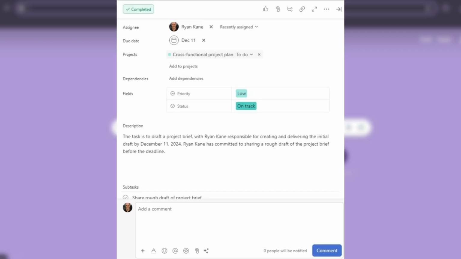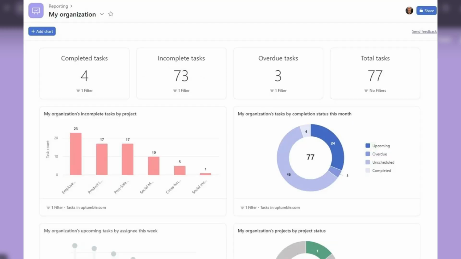Asana gives you all the same customization tools as Trello: views, filters, and card fields. But you can add far more details to your tasks than Trello. Asana's built-in reporting tools are also more customizable than Trello. You can choose from pre-built reports on everything from project progress to work health to resourcing. From there, you can add all sorts of widgets to a reporting dashboard view to help visualize these details at